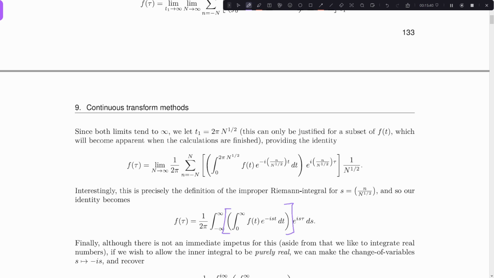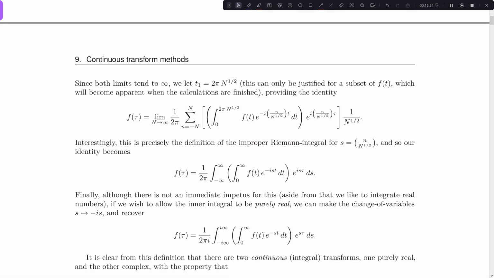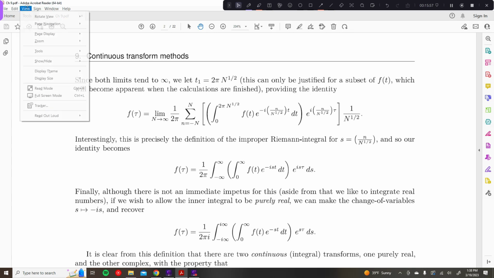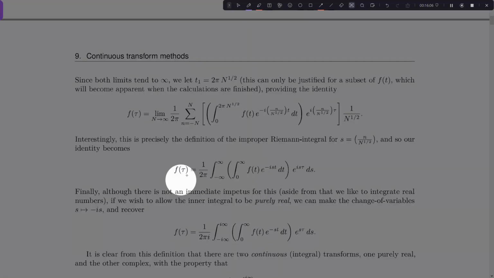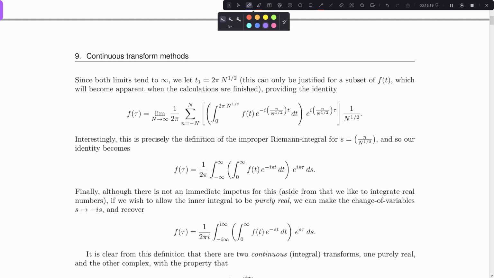But what's cool about that is that if I then say, okay, what is this? If I decide to call that inside integral something else, then I gain some useful properties about that inside thing. Oh, and there's one extra thing that I should talk about, and that's that it becomes a little bit useful to take the inner integral to be purely real. Okay, so right now I have e to the minus ist. This is still perfectly valid, but what I can do is I can take the is's here, and I can